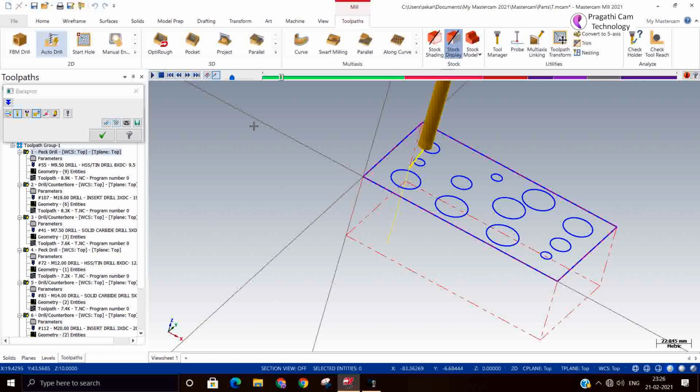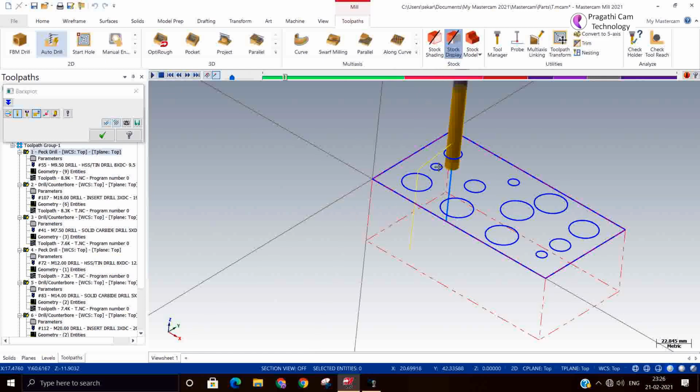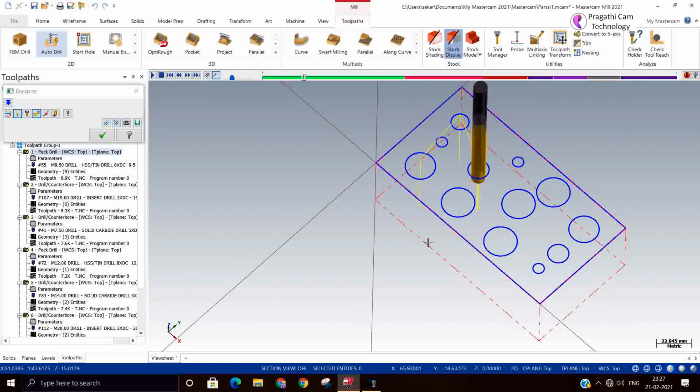The reason is that the diameter of that hole is much smaller than the diameter of that tool. That's the reason it has skipped that hole. So wherever pre-drilling is possible, it automatically selects and does the pre-drill. Okay, so this is the pre-drilling option.